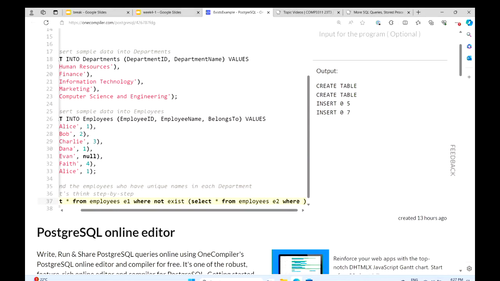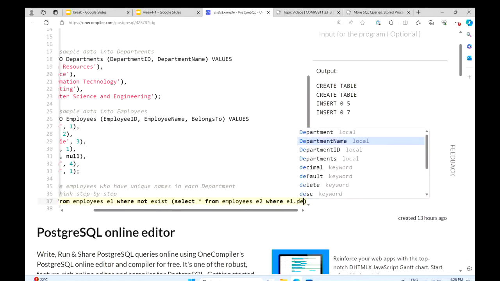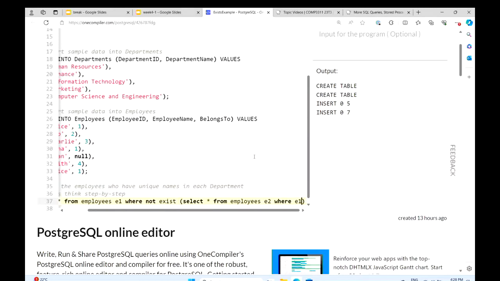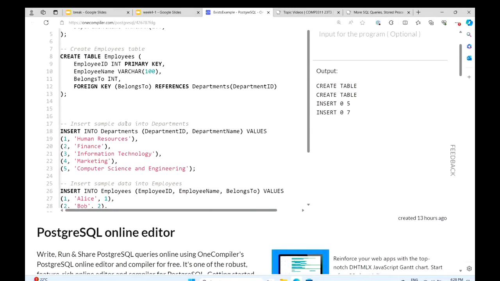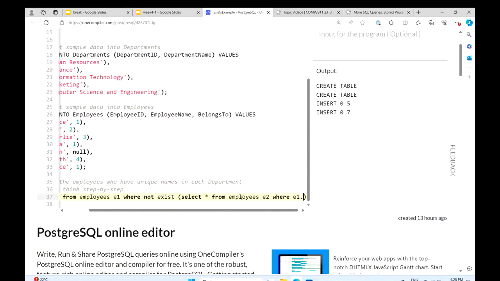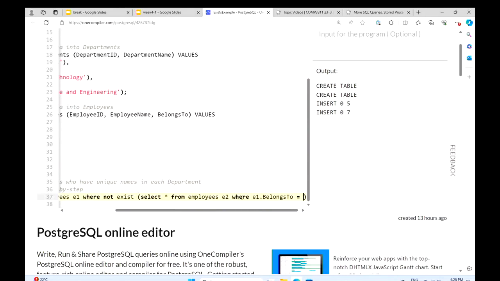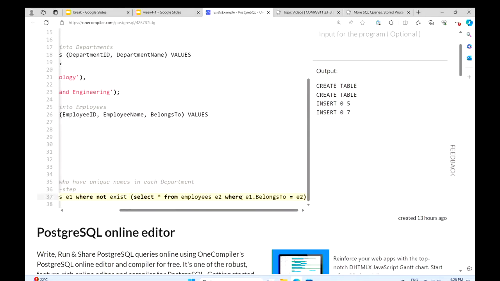So there's no other employee who's inside the same department and has the same name. So we should give them the same department. It belongs to, if we go back to the table schema, it belongs to E2.